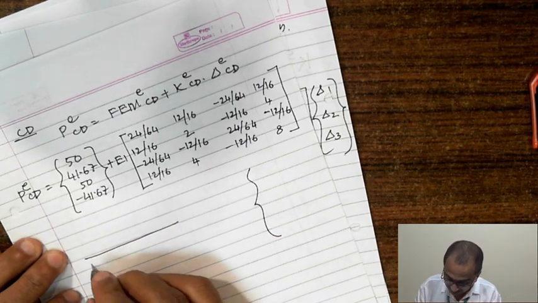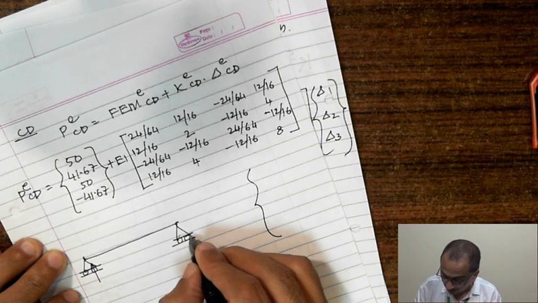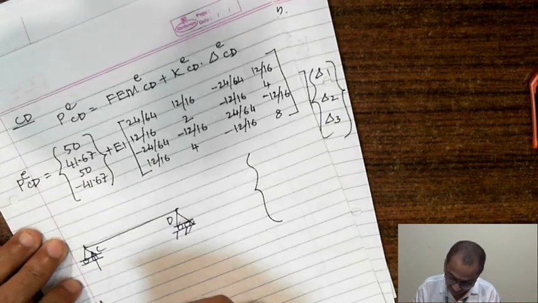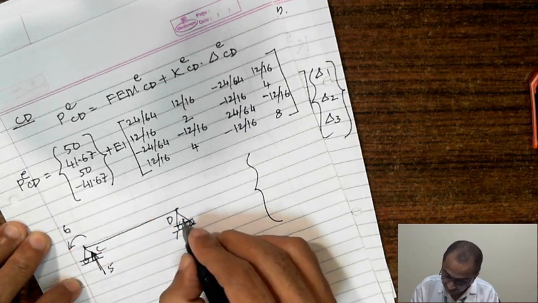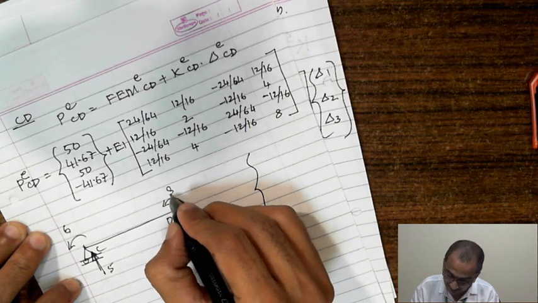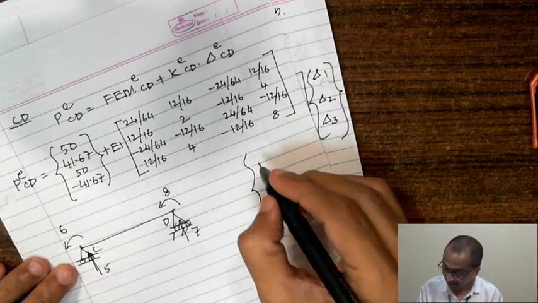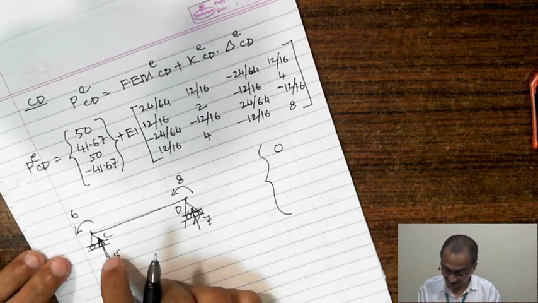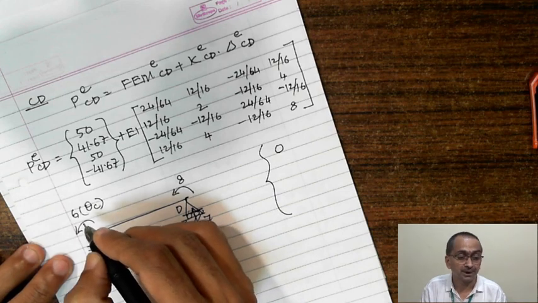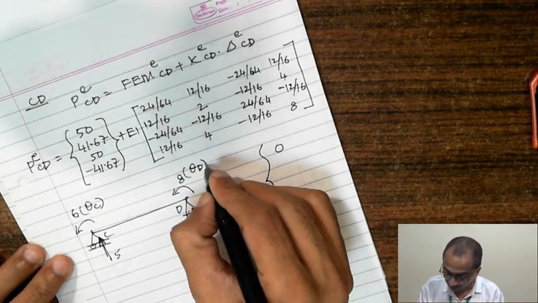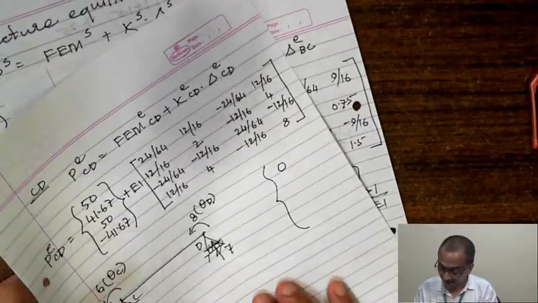Now how is CD? CD has got coordinates. C and D both are roller supports. This is C, this is D, and this is my coordinate 5, this is coordinate 6, this is coordinate 7, and this is coordinate 8 local. So what is delta 5? Delta 5 is displacement of the roller in vertical direction, that is 0. What is delta 6? Delta 6 is rotation of C. Whether rotation of C is possible? Yes, it is possible. Have we calculated? Yes, we have calculated. So theta C value is known to us. What is theta C? Theta C is nothing but minus 6 upon EI. This already we have calculated.